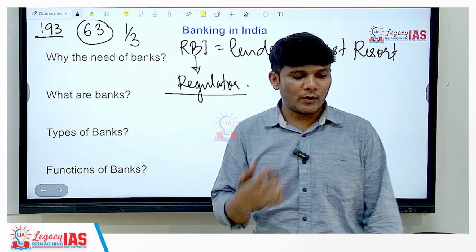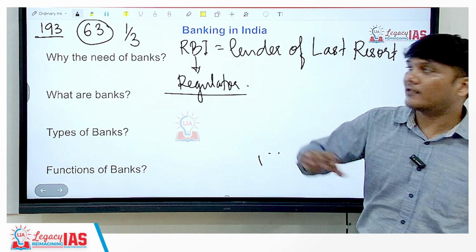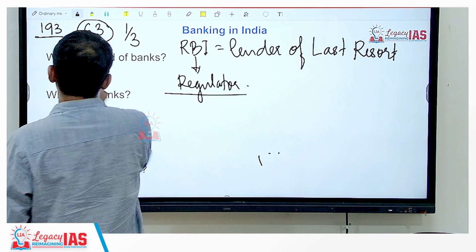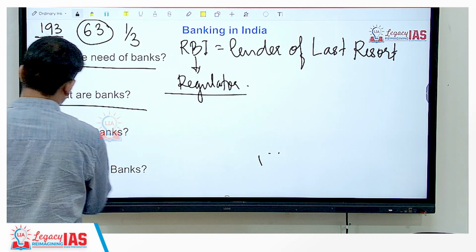meaning it is regulating the banks. I hope that's clear. Now, why the need of bank? It is clear. What are banks? It is an intermediary. It is clear. What are the types of bank? There can be scheduled banks